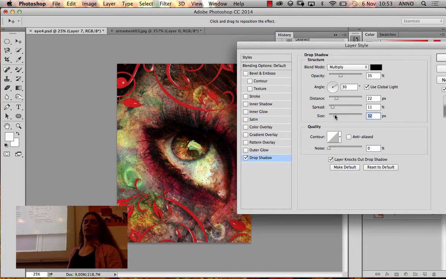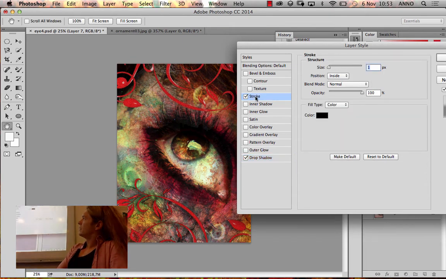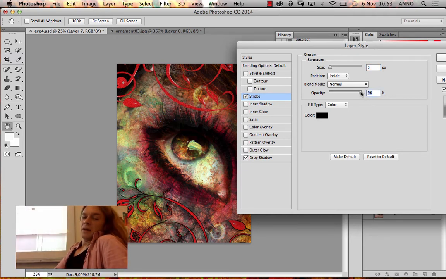So I'm gonna do something I didn't do yesterday, because yeah, we added drop shadow yesterday and we actually also added bevel and emboss, but one thing we didn't do was include a stroke. So let's try including a stroke as well. Kind of makes a cartoonish effect,